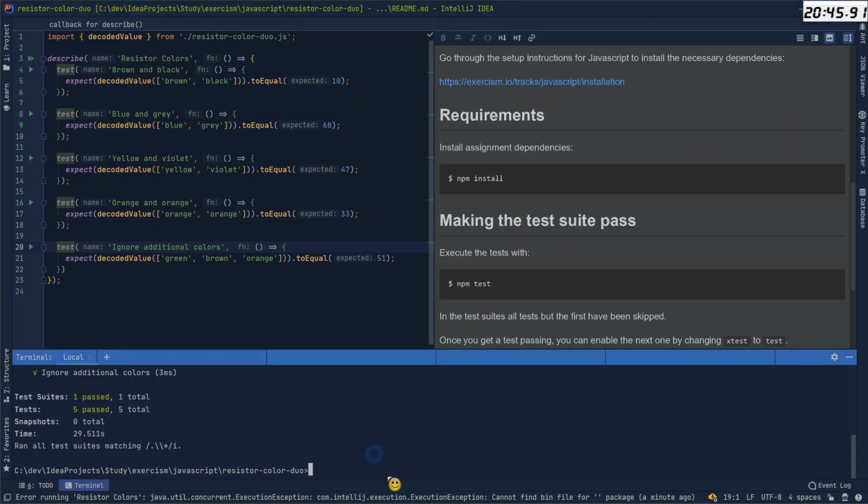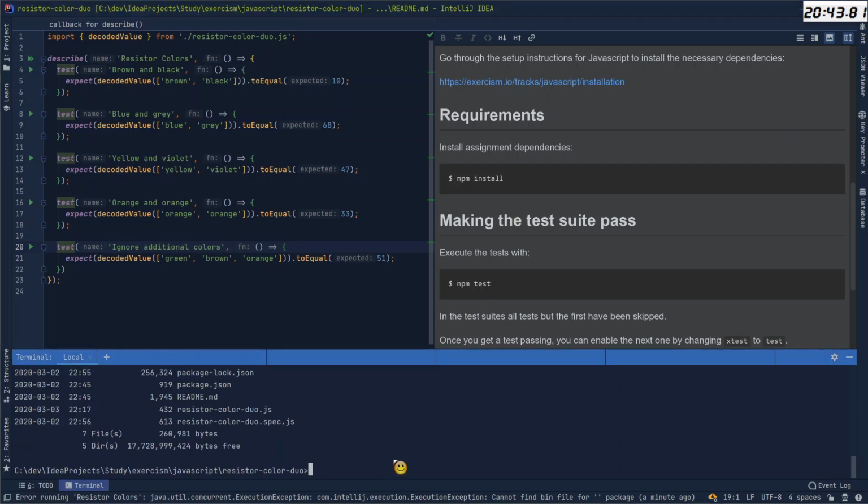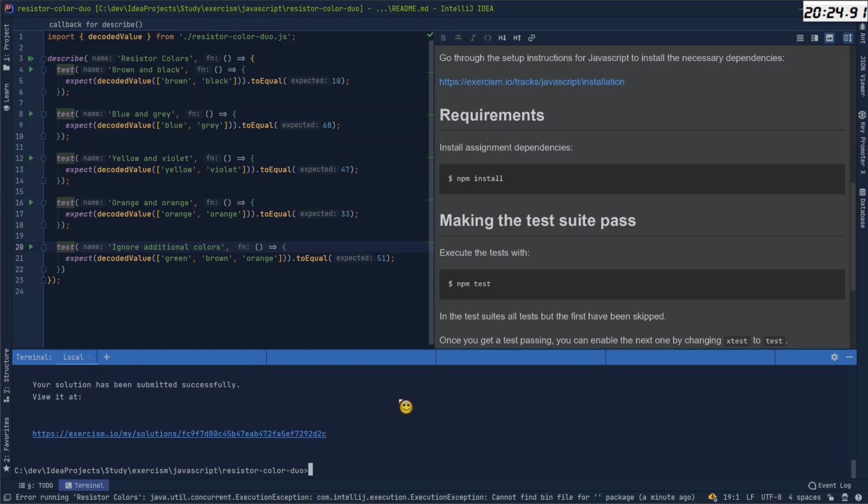So I can submit it, and it is this guy over here. So I will say exercism submit, and I will say resistor color.js.